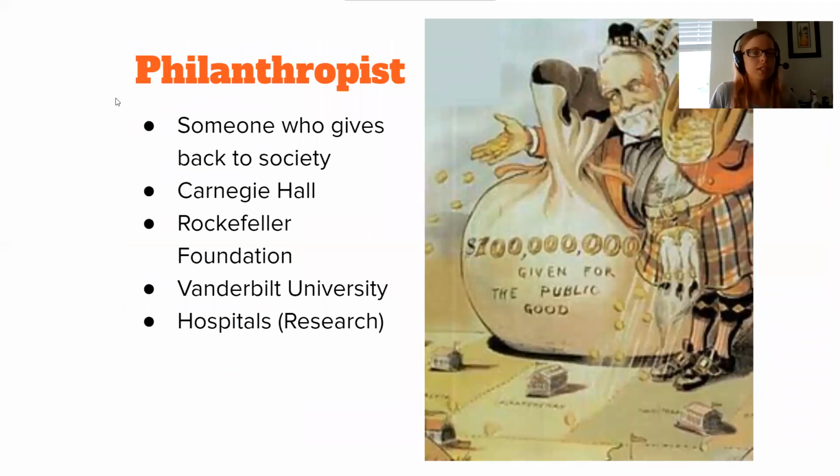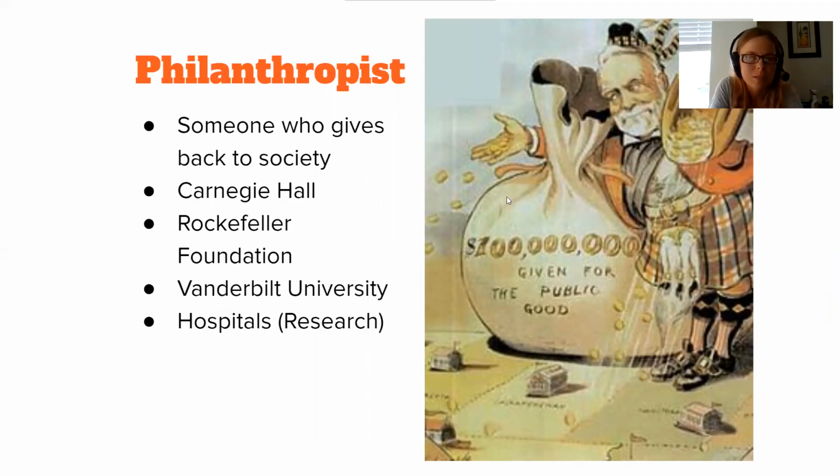A philanthropist is somebody who gives back to society. It's kind of like charity. And this is where many of these wealthy businessmen, we would not call them robber barons, we would call them the positive side. And remember, that is being a captain of industry when they're doing good things, like giving back, using their enormous wealth. Probably the most famous of the industrialists who became a philanthropist was Andrew Carnegie in this political cartoon drawn here. He kind of looks like Santa Claus, and he's from Scotland, so that explains the kilt and the outfit that he's wearing.